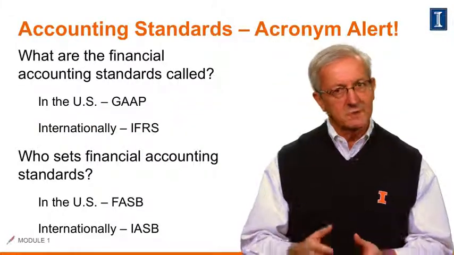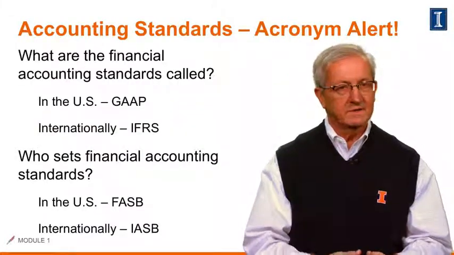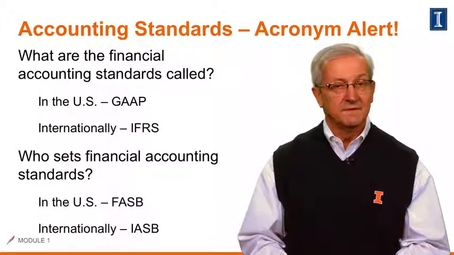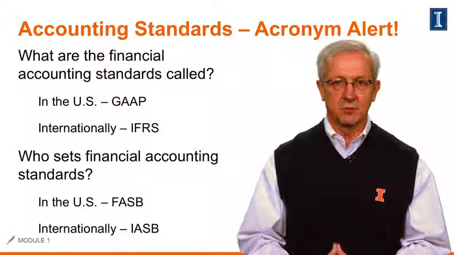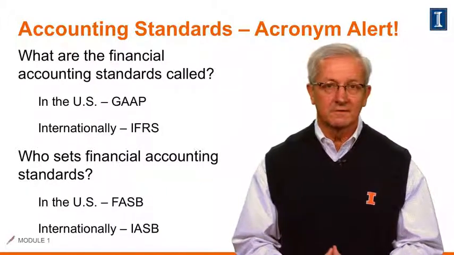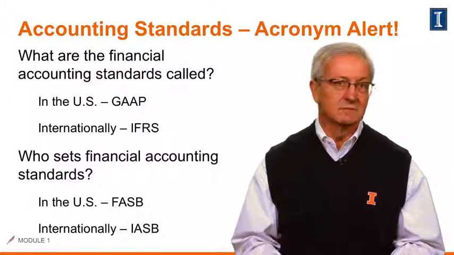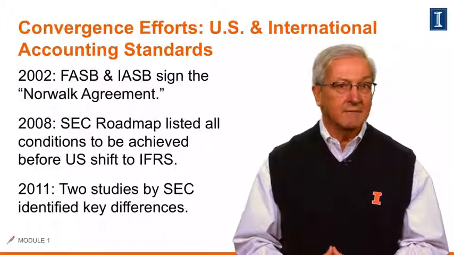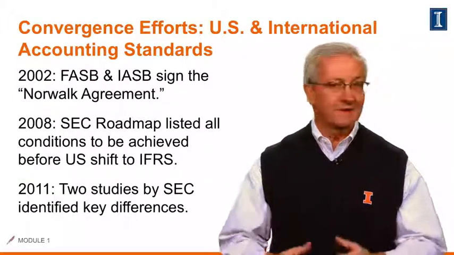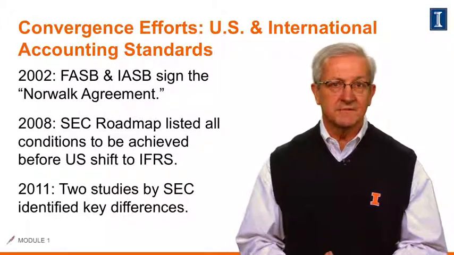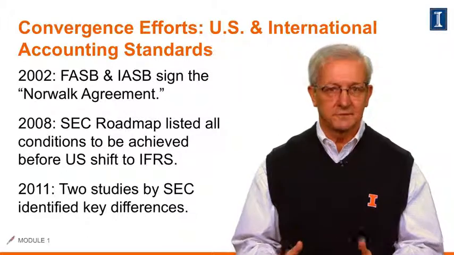So the U.S. standards we've talked about are GAAP, and basically they come into place through the FASB, the Financial Accounting Standards Board. Then we have the International Financial Reporting Standards, labeled IFRS, which are created by the International Accounting Standards Board, the IASB. Sort of makes sense, right? Obviously, having multiple standards is not an ideal situation in this global economy that we have today, and convergence efforts have been ongoing since 2002.